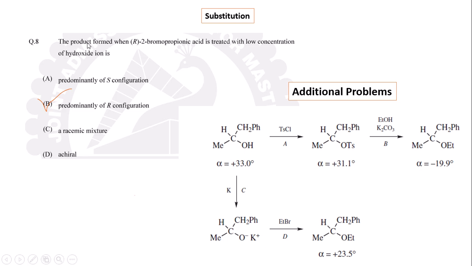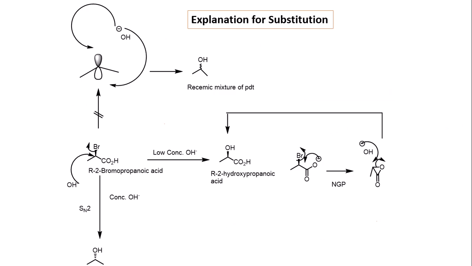Next is the product formed when R-2-bromopropanoic acid is treated with low concentration of hydroxide ion. We know that R-2-bromopropanoic acid has different reactions in the presence of OH minus. In the concentrated condition, the SN2 reaction will take place. That is the inversion of configuration. That is, the OH minus attacks the back side of the leaving group to give the S configuration alcohol from the R configuration. But in case of the low concentration of OH minus, the OH minus attacks